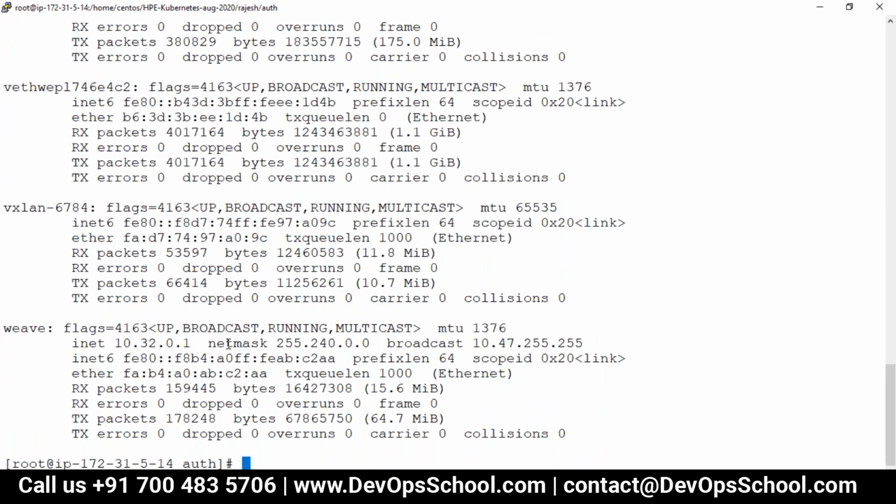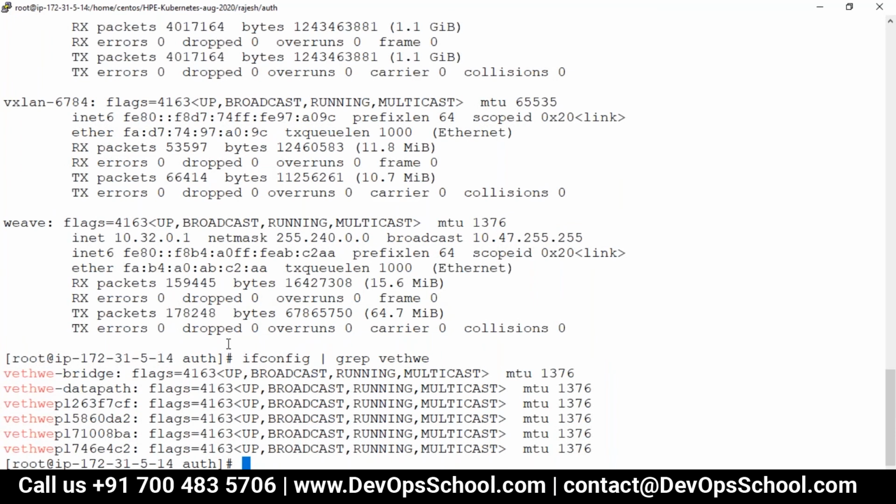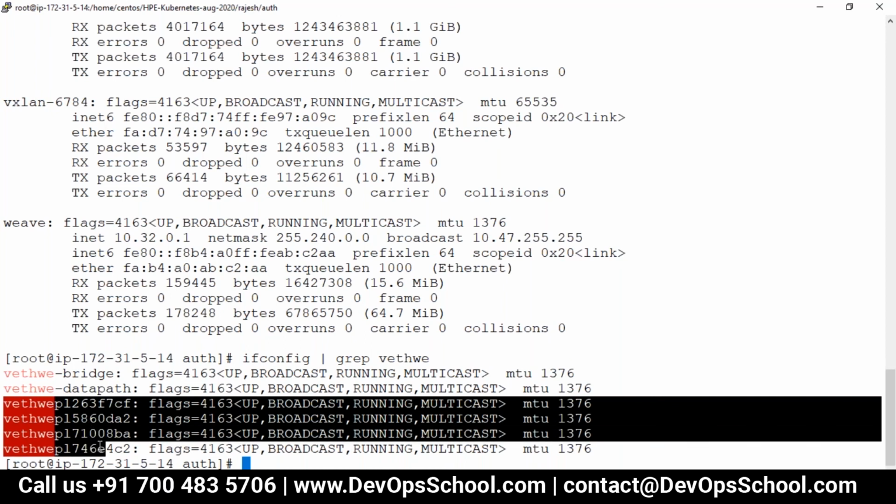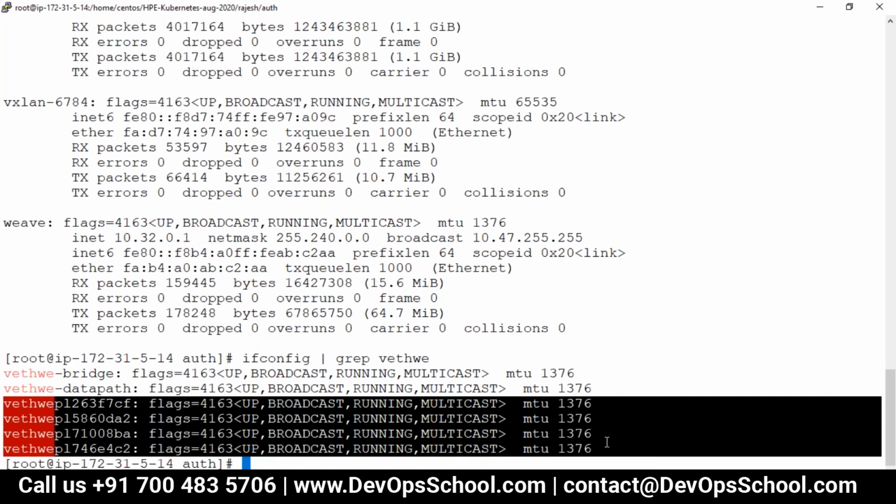So why do we have four veth? ifconfig grep, see this many veth, out of which, see here, 1, 2, 3, 4. Why do we have this? Any idea, guys? Only four on this machine.